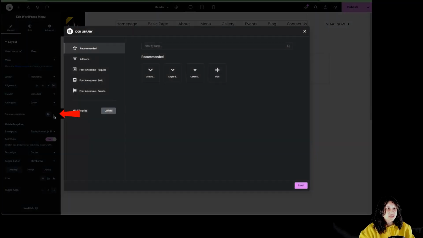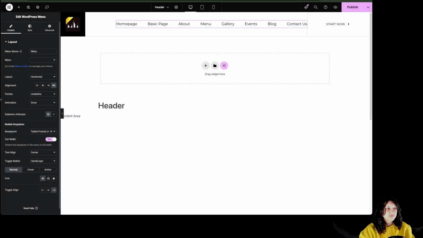okay, submenu indicator. We can select the different icon from over here, and then mobile drop down. Where do we want the breakpoint to be? To tablet or to mobile? If we want it to be full width, how we want the text to align, center or aside, the toggle button. Then we can select some icons from over here for the normal state, hover state, and active, and the